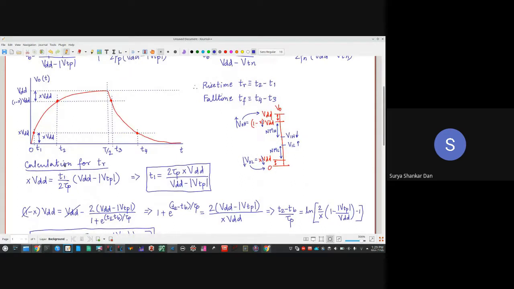Excellent. So now we come to a very important concept. What are the take-home messages? The last important thing we have understood is how to increase the VOH. You have to reduce the value of X or the percentage of VDD which you consider as logic low or logic high. 1 minus X will be logic high, obviously. That will essentially increase the noise margin. Ideally, this X should be as low as possible, so that VOL is as low as possible. So X can be 10% only. That is the industrial standard.